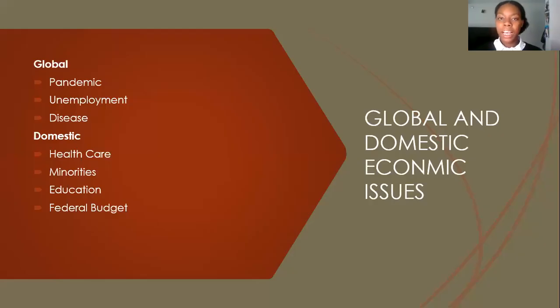With the pandemic, we had to stay home, which meant no one was able to leave their house. So people who don't usually work from home were not able to be paid. Unemployment, it increased the unemployment rates. There were millions of people dying from diseases. Everyone needed healthcare treatment, etc.